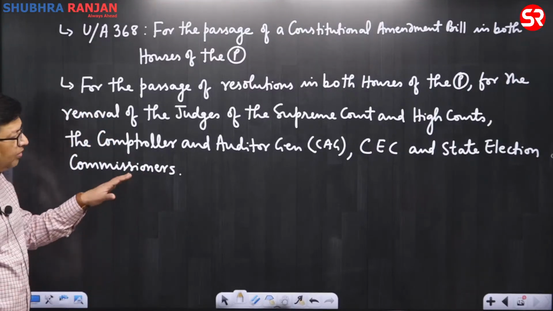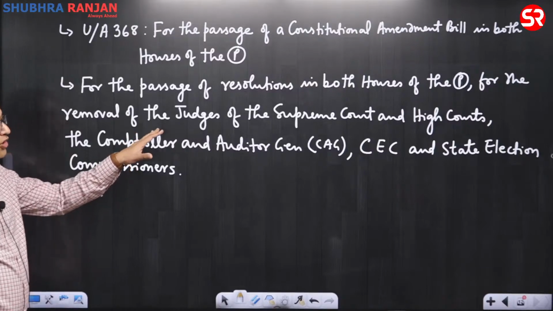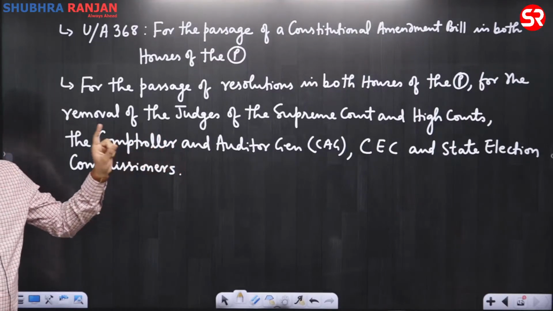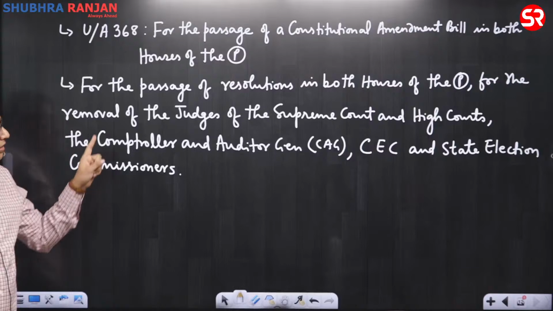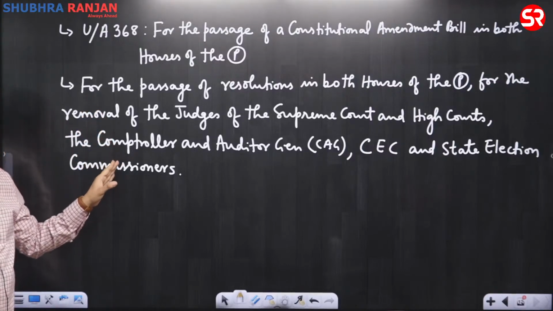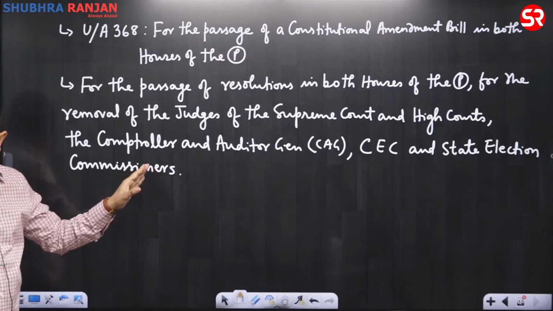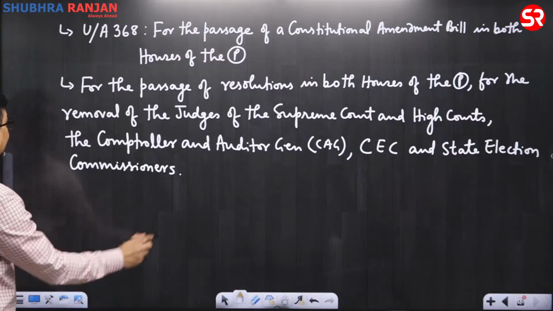So, to remove these constitutional officers, this special majority will be required in both the houses of the parliament. Then, thirdly,